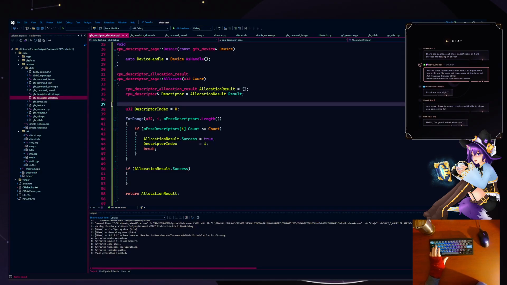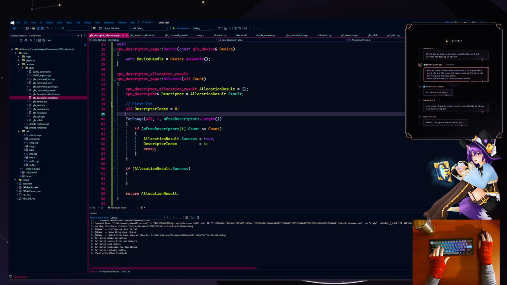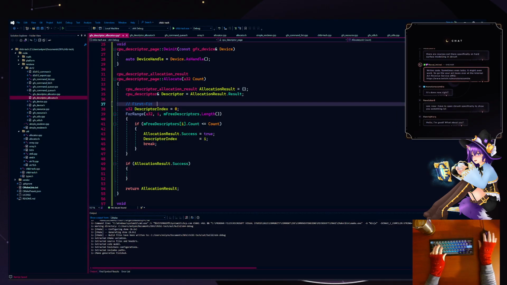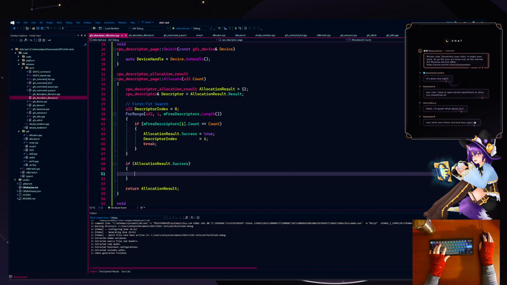So, what we're going to do is a first fit search, and then split the block. If a block is greater than,